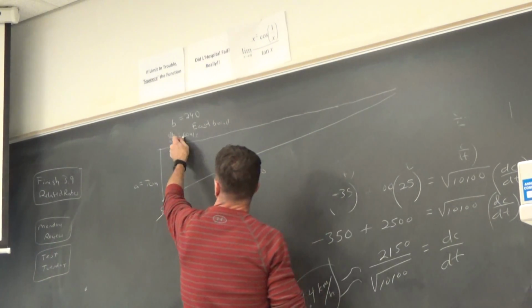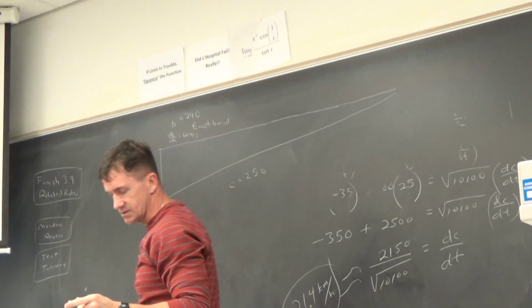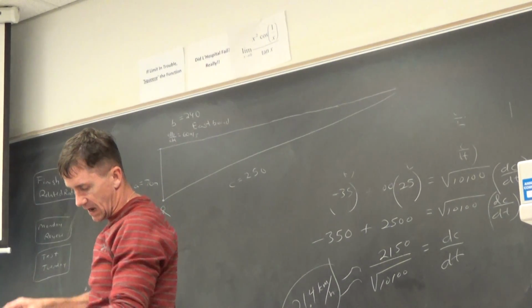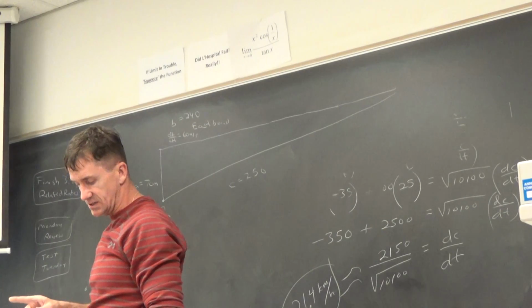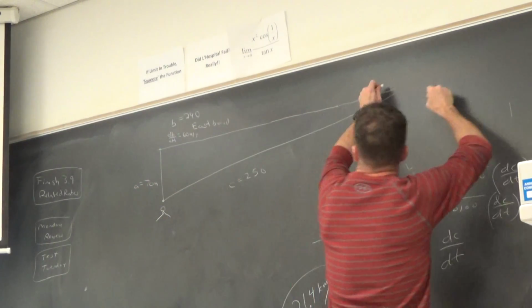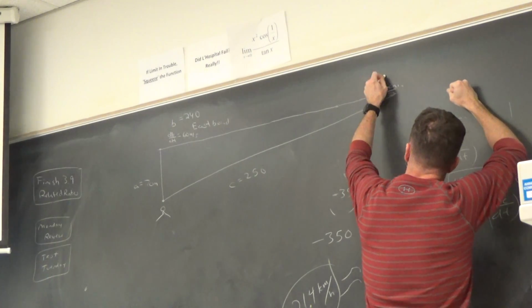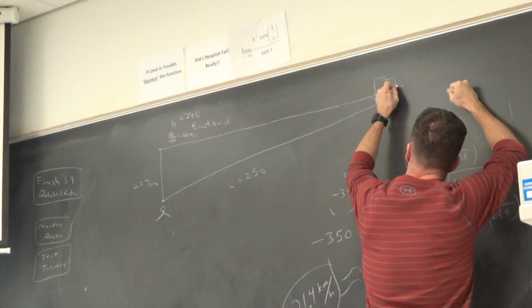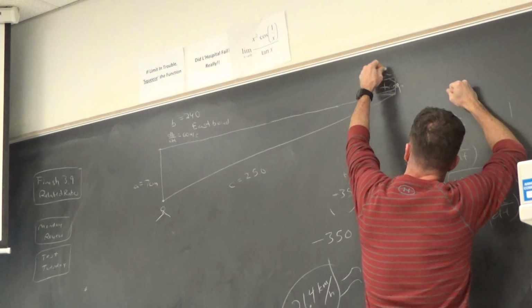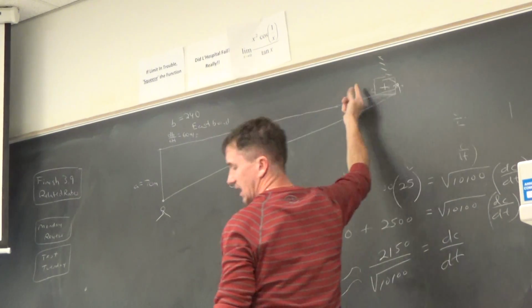I've got this rate. The question says, at how many meters per second is the train moving away? Now, here's the train. All right. Choo-choo. There's the train. How fast is that train